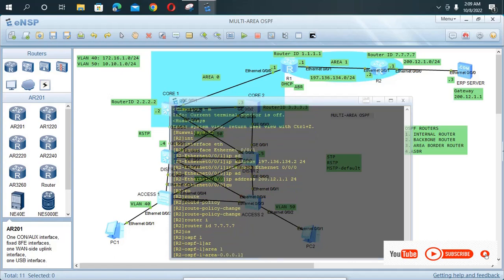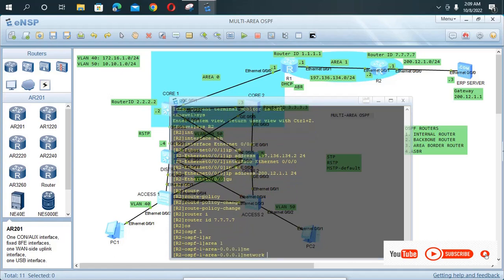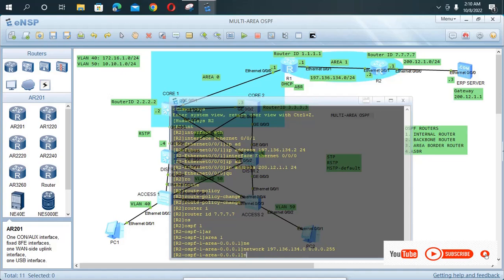I've got two networks, that is network of 197.136.134.0, wildcard mask of 0.0.0.255. Then another network of